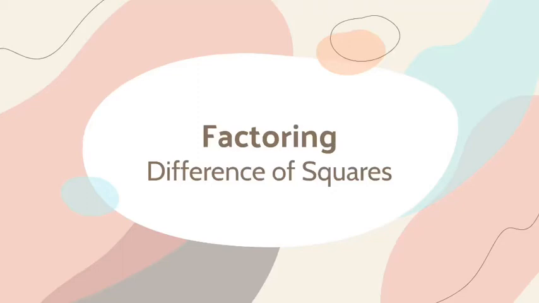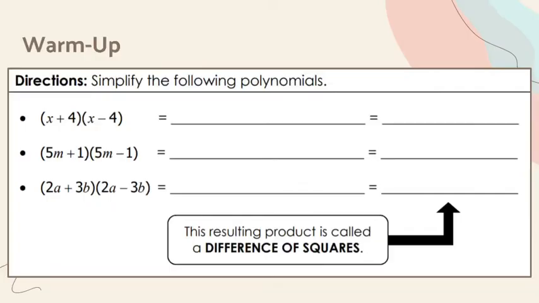Today's video is going to talk about factoring when you have a difference of squares. First, we're going to look at multiplying two things that give us a difference of squares. So the first example, first of all, when you multiply two binomials, you do something called the FOIL method,